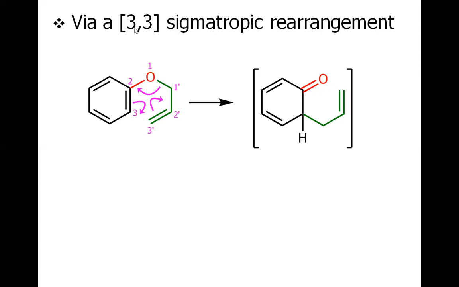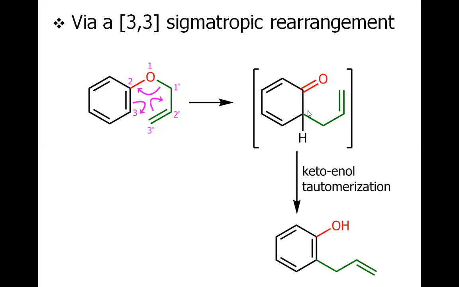So this is called the 3,3 sigmatropic rearrangement. Why 3,3? It's 3,3 because the new sigma bond is formed at the 3 position with respect to this atom, and at another 3 position with respect to this atom. So this 3,3 position has a new sigma bond developed. And why do we call it 3,3? Because the two atoms whose sigma bond is broken are referred to as 1 and 1 prime, and then the counting continues until we have the new bond formed, which is called the 3,3 sigmatropic rearrangement. And then in the second step, we simply have the keto-enol tautomerism.